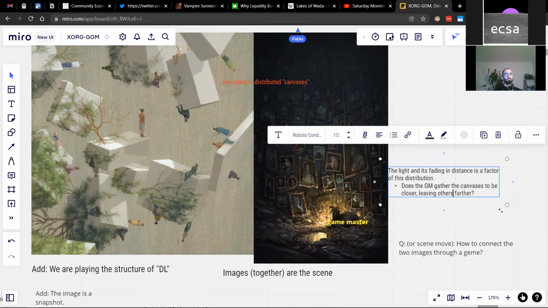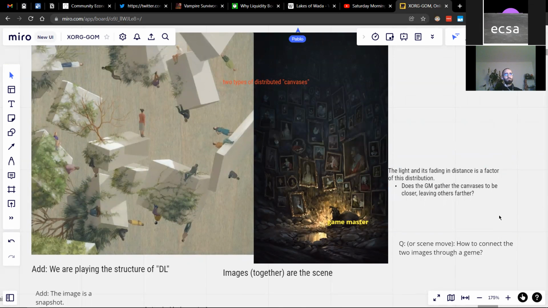Something like this. Like this idea is the kind of that the game master forms the light, and then they